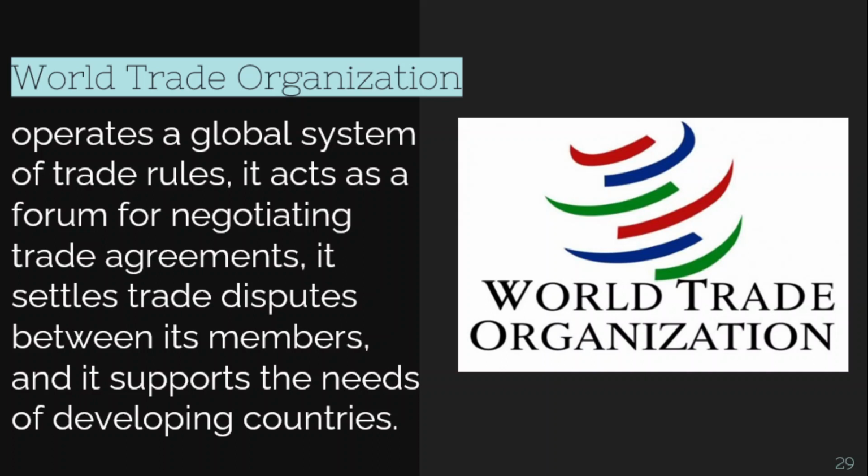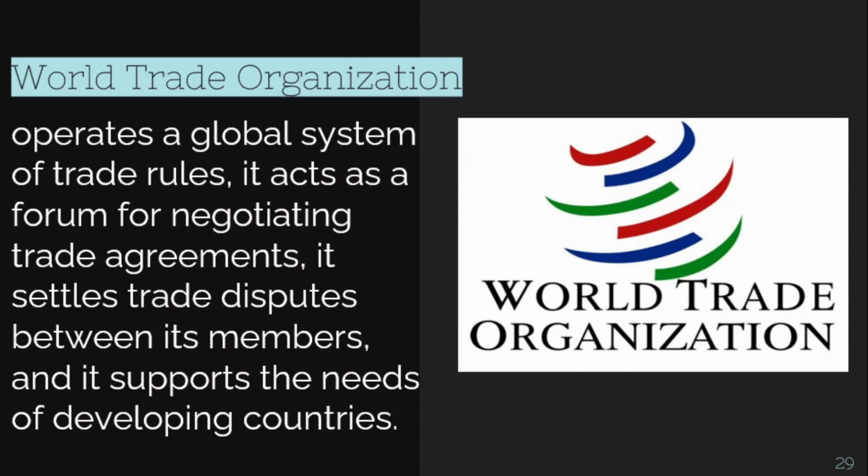So, for example, if there are disputes between the members of the WTO, sila yung bahalang mag-ayos. So, they will negotiate trade agreements. Kasi gusto nila magkaroon na, before kasi, ang daming trade barriers, ang daming trade blocks. Pero si World Trade Organization, gusto niya na i-lessen yung mga yon para makapag-trade ang lahat sa iba't ibang bansa.